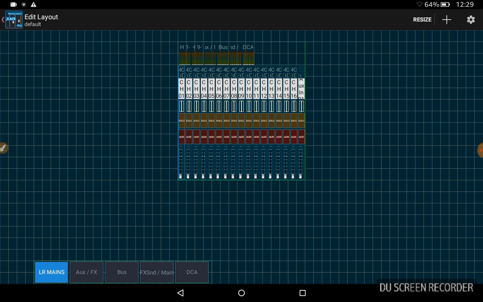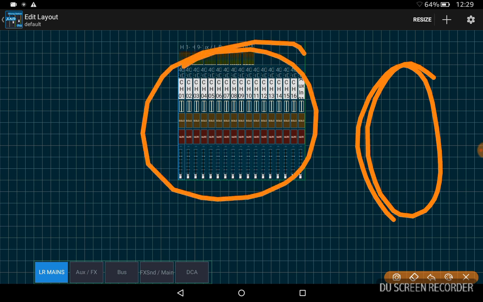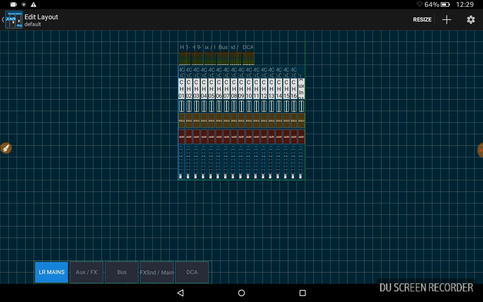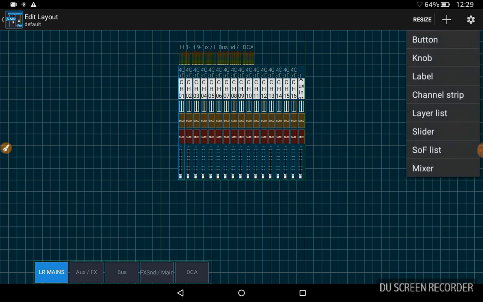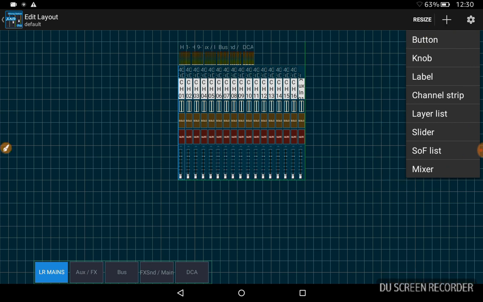The next thing I want to do is create a master slider over here that's always going to be present, that no matter what layer is shown, this master slider will always be on my right hand side. So how you add any layers or buttons or sliders or knobs is that you push this plus sign right up here. Okay, so you hit plus. Now this section here allows you to add buttons, layers, all that other kind of fun stuff. Channel strips, layer list, and I'm going to hit